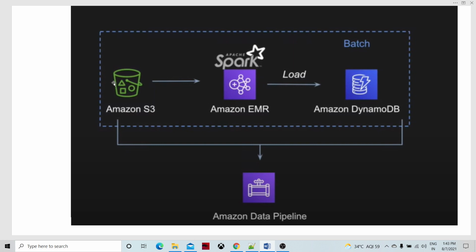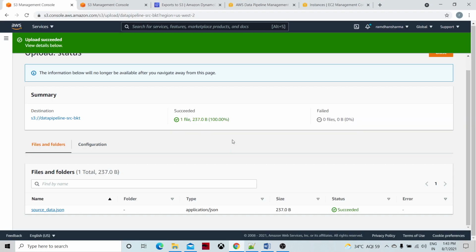Using the Lambda function, we can trigger the pipeline, and then the pipeline could be initiated and the data could be populated from the S3 bucket to DynamoDB. So that can be done. Instead of making it fixed, we can read as soon as the data is available in the S3 bucket. So let's see the pipeline now.